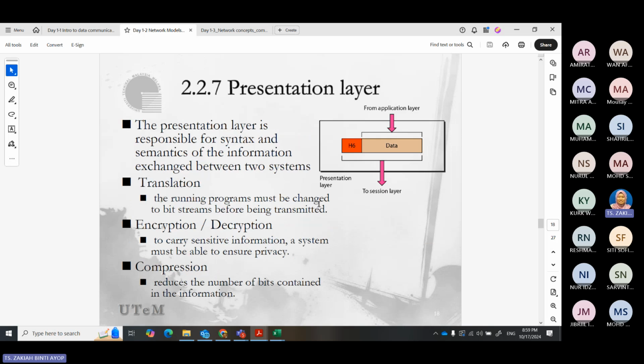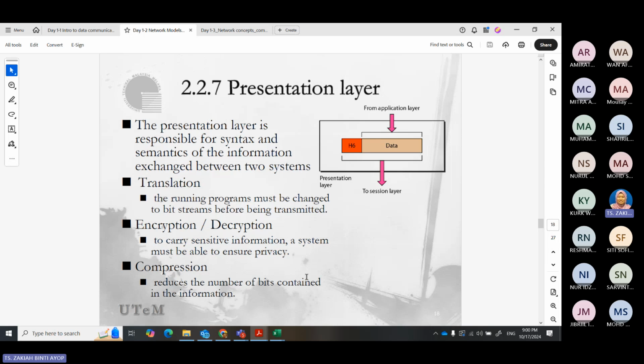Okay. Last is the, no, not last. Presentation layer. The presentation layer is responsible for the syntax and semantics of the information exchanged between two systems. It must do some translations, like emails. Some of the content may use plain text or maybe HTML, so they need to do some translation. Or sometimes we use encryption or decryption in our application, so it happens on the presentation layer. Also the compression.